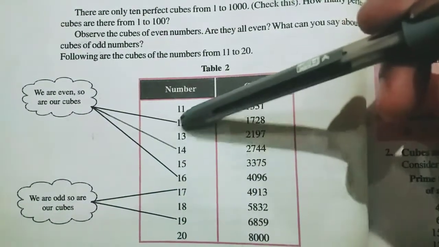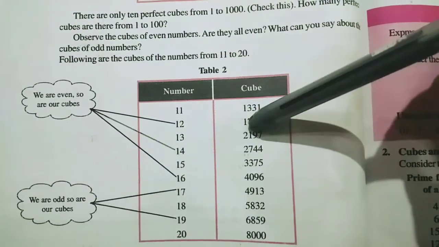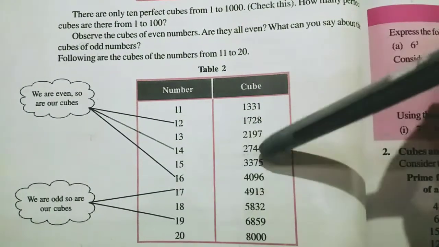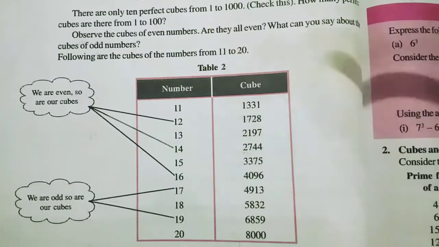That means even numbers have even cubes. 12 is even, the cube is also even. 14 is even, the cube is also even. 16 is even and the cube is also even. Okay,